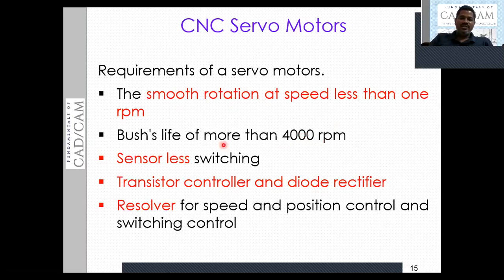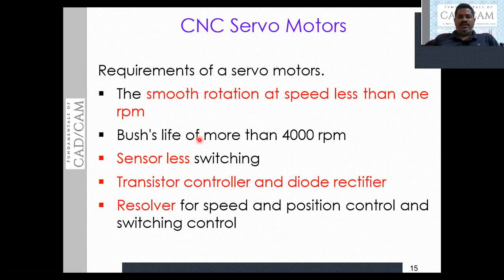In the previous slide, we have seen that servo motors are not going to use brushes, but if you use brushes, they must be able to reduce the noise and sustain speeds up to 4,000 rpm. Then it must have sensorless switching continuously.